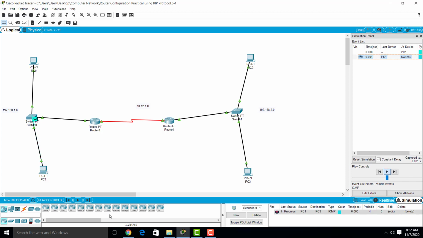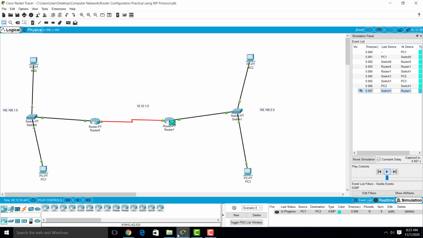The message is transmitted from PC1 to switch 0, from switch 0 to router 0, from router 0 to router 1, from router 1 to switch 1, and from switch 1 to PC3. Because we have chosen the way from PC1 to PC3,